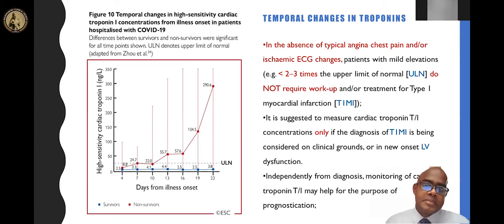What will really happen in troponins is shown in this slide. Now, if you really see, the red marks are the troponin rise in patients who have not survived the illness. The blue arrow shows the patients who have survived. So you can clearly see that with the days of the illness, those who are not surviving will have a very sharp rise of troponins. Now, we have to be vigilant or knowledgeable about this troponin rise.